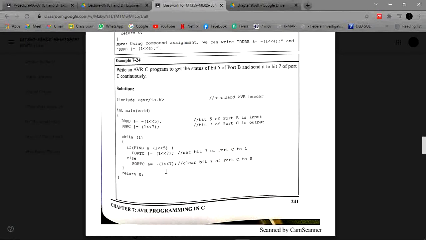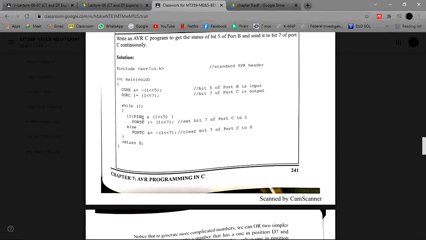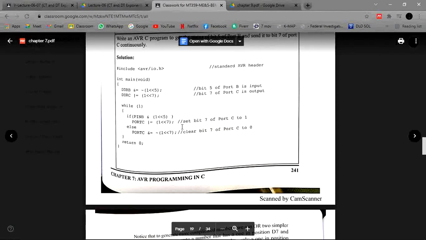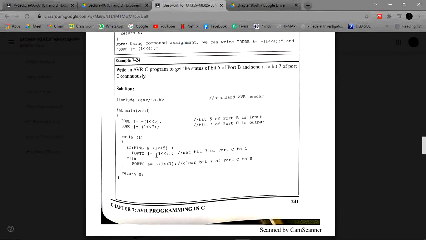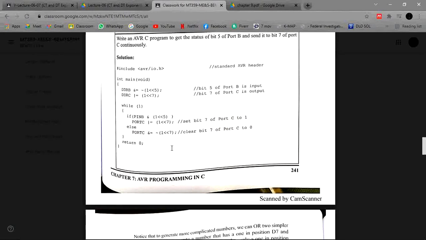After declaring the loop, we check pin B by comparing it with 1 shifted left by 5, which is the code we read previously.